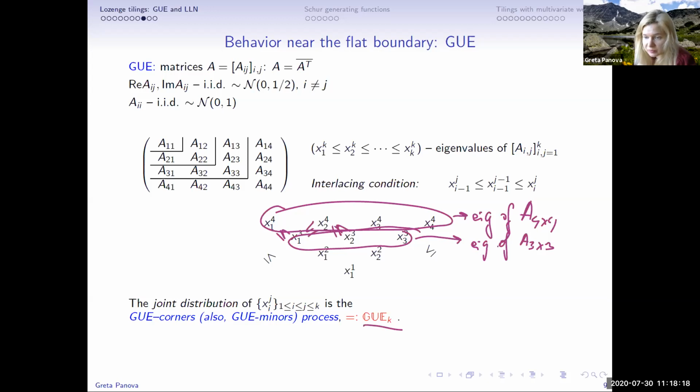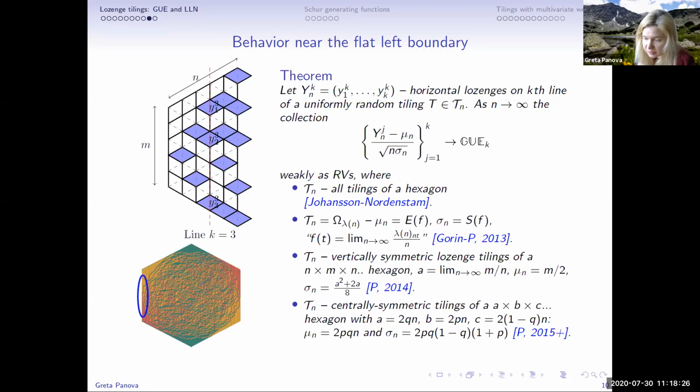Okay, so what other results can we say about this lozenge tiling? The results in this case for the lozenges near the boundary are the following. Just to avoid confusion with the x's that were the eigenvalues of the matrices, we are going to look at the positions of the horizontal lozenges on the kth vertical line, so k equals 1 is here,